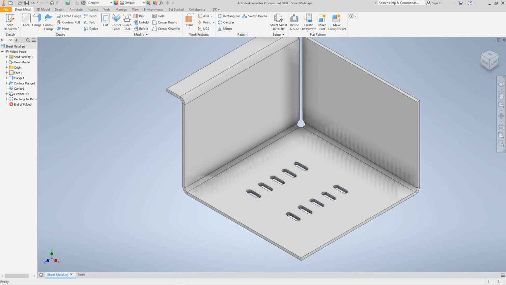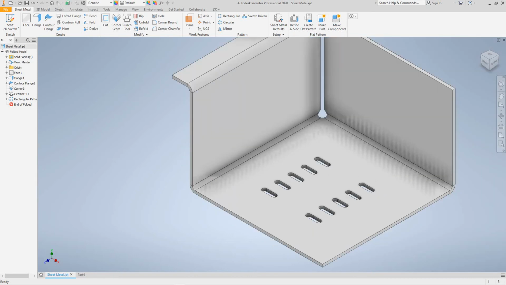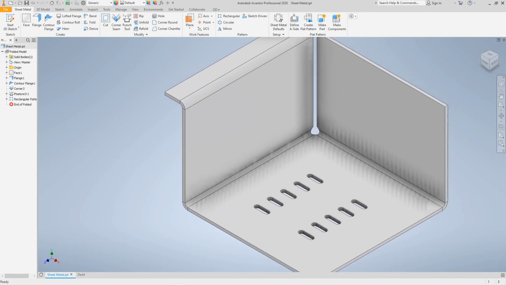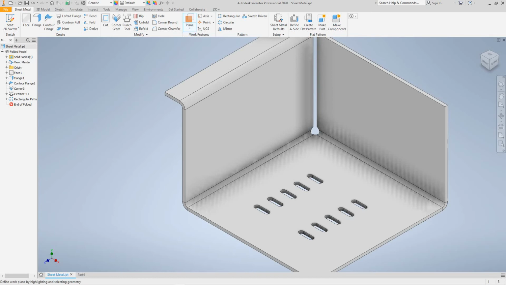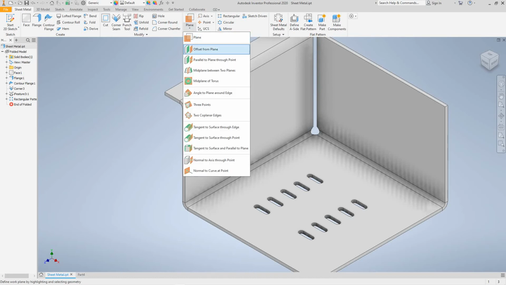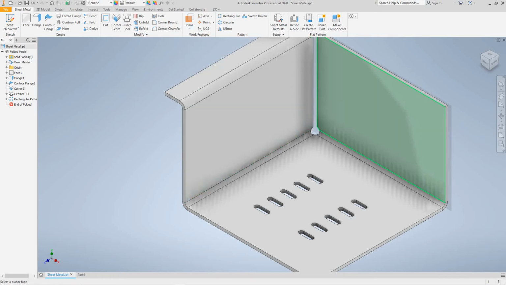Okay, now we want to create a bend feature. So what we do here is we want to create a plane parallel to the face of the flange feature. So to do that, we want to go with right here, plane. Wait a second, let's go plane offset from face. So we'll select this one,